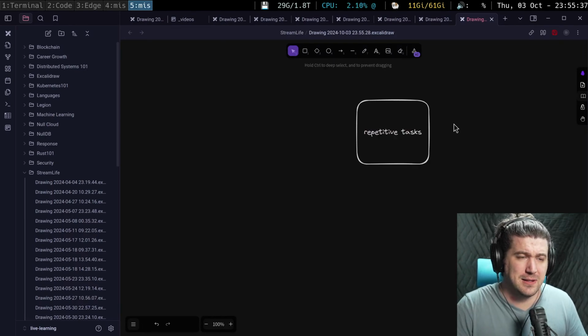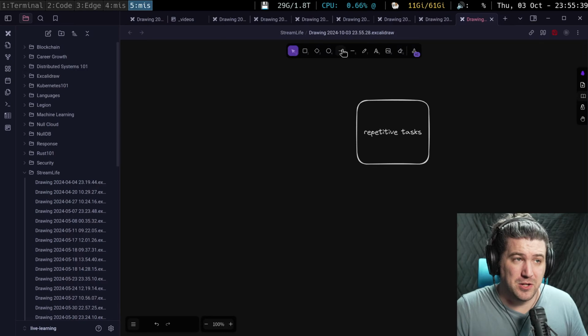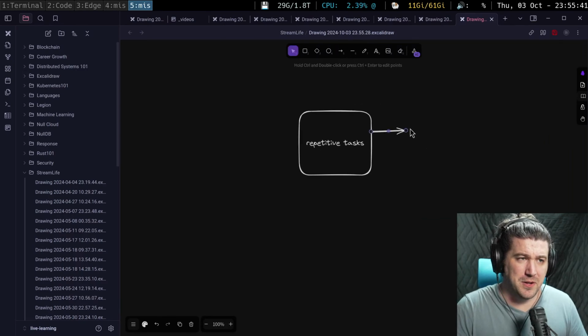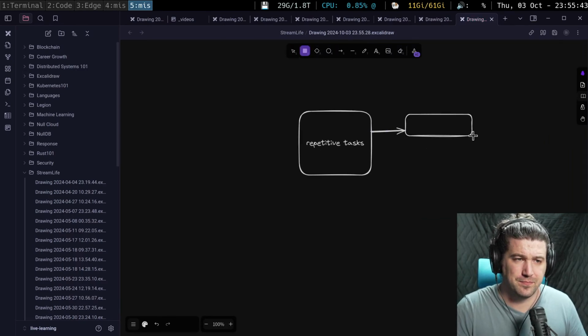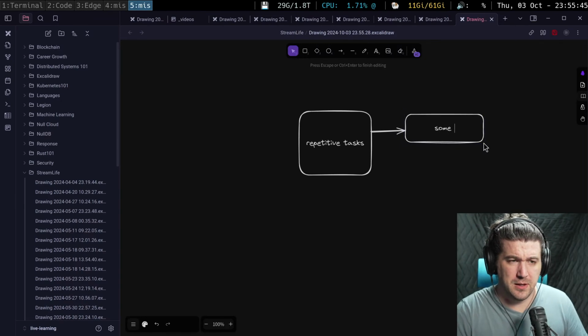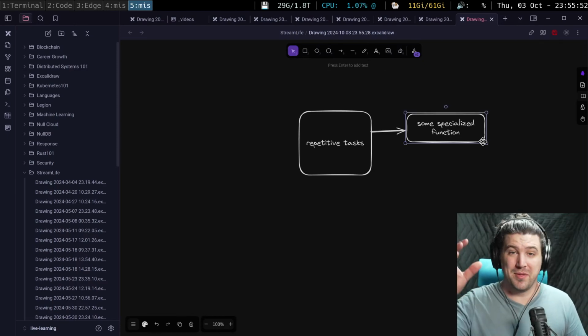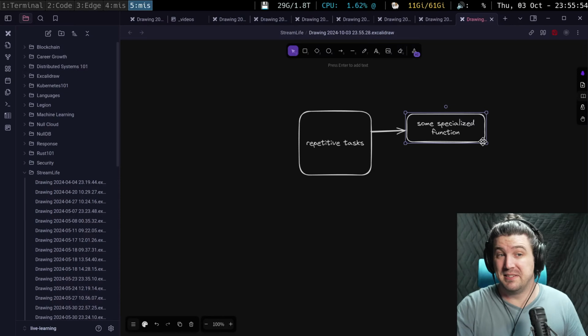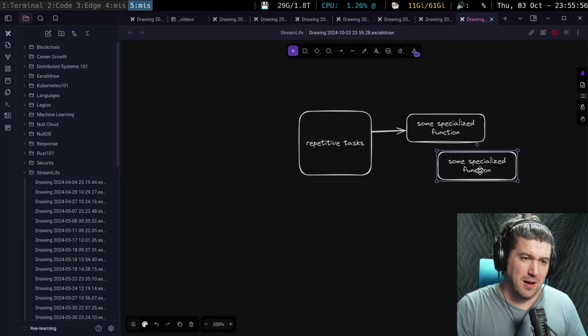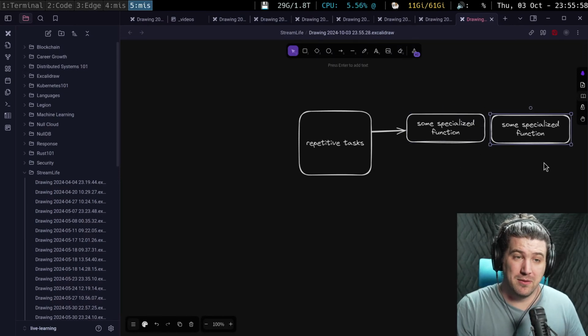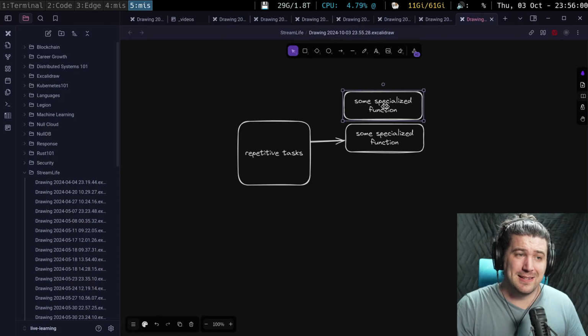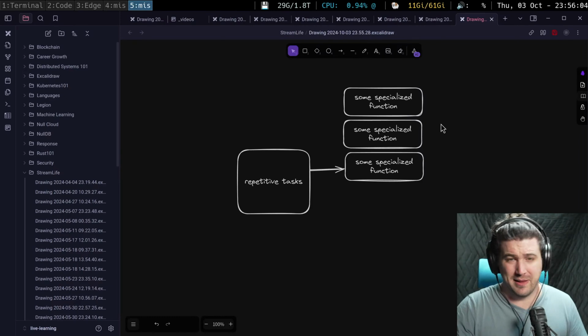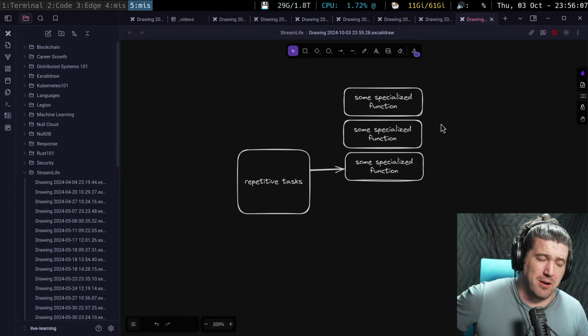Repetitive tasks. Let's say you make some specialized function, and you want to make more that are specialized in slightly a different way. AI can just bust this out very, very quickly. Why? It's statistical analysis, and it's really, really good at this. I'm probably going to have a video on this, but